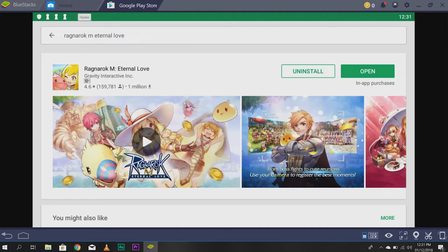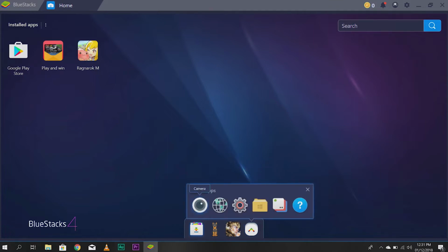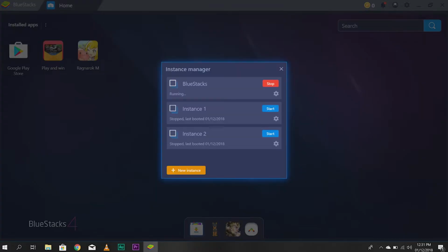Now let's talk about how you can play with multiple accounts. So that's very simple. You just go here, click in more apps. Then you can see here camera, browser, Android settings, media manager, instance manager, and help center. Now you have to click instance manager. So as you saw earlier, I have 3 accounts, so I have 3 instances. Okay, so if you want to add another instance, you can just click new instance,